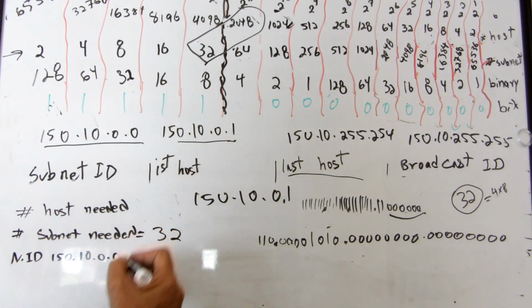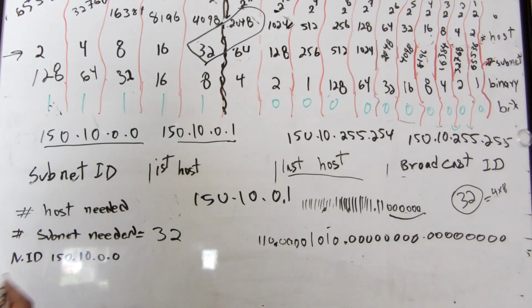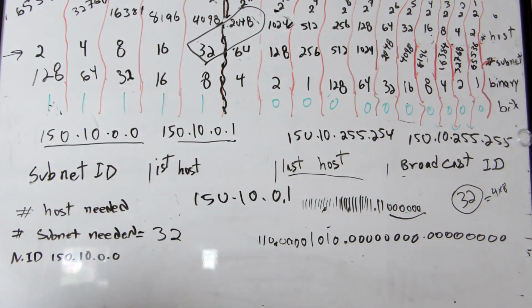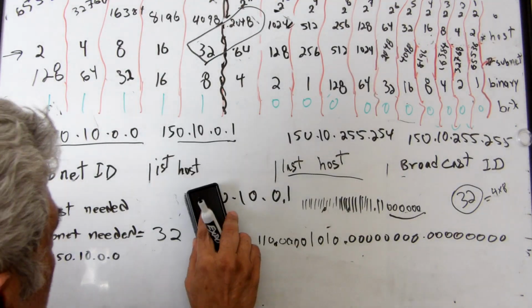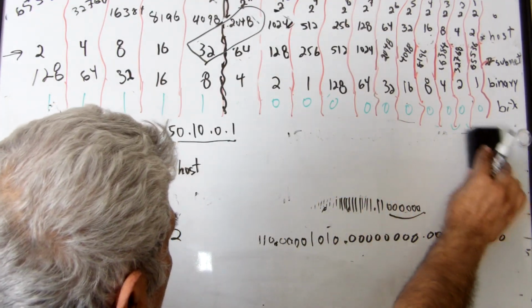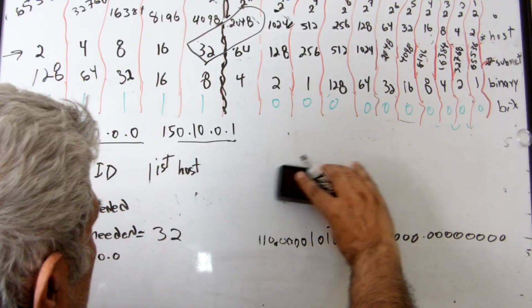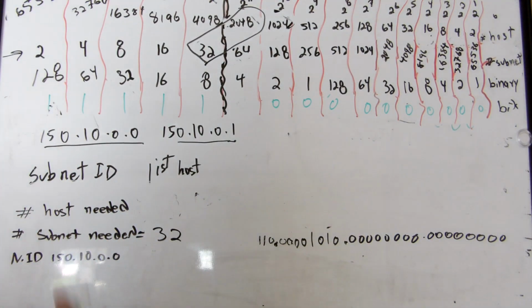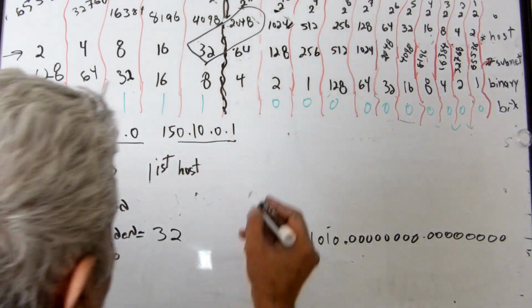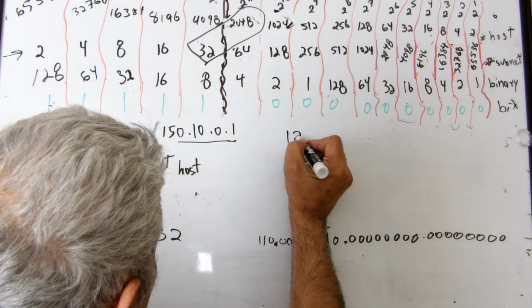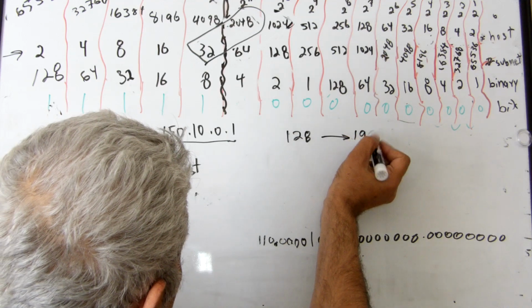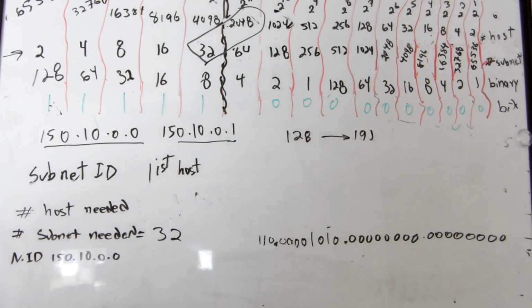So from here, what can you find? First of all, find the default subnet. They ask you the default subnet. Let's talk about the default subnet. What is the default subnet? See, this is class B. Class B starts from 128 to 191, meaning if you have an address in this range,